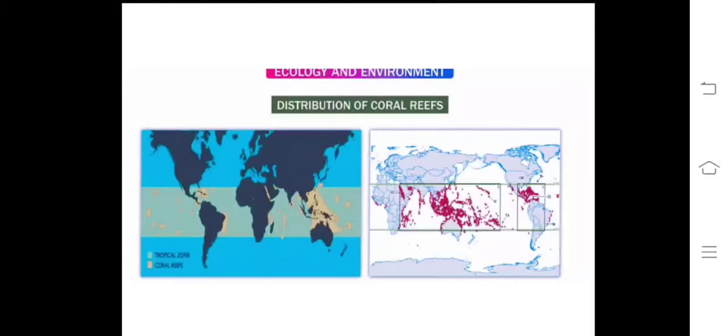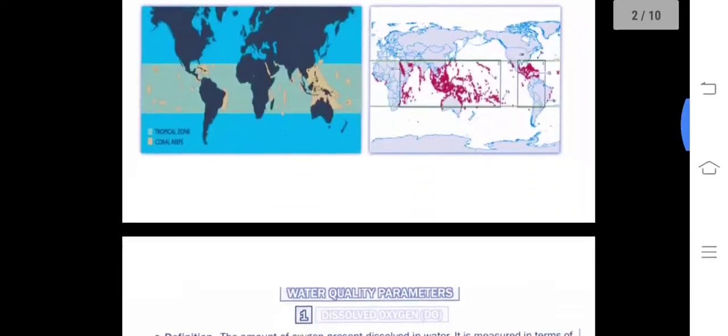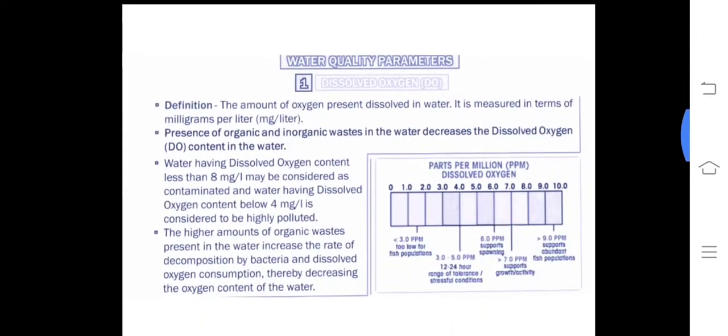reef. Okay, and you can see the distribution of coral reefs. You see distribution only about the reef. It is an extension of the previous model figure. Now we will see the next topic, that is the water quality parameters, because we are concerned about water pollution. You see, the whole module we are dealing with water pollution